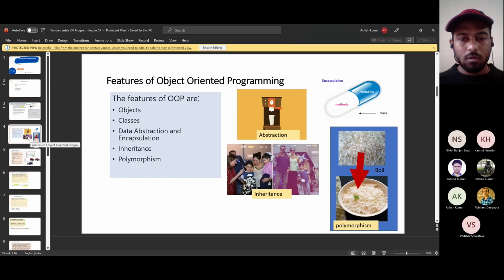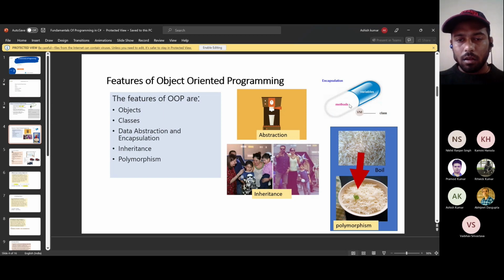For example, when you use a coffee machine, you don't need to know the inside details of how this button functions. Like when you make coffee, you don't need to know how the functions have been made inside. We don't need to know the inside details of the button, but we should know how this button makes coffee. So that's abstraction. And encapsulation is when you